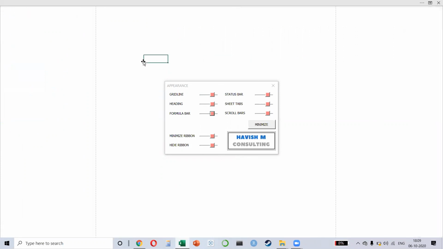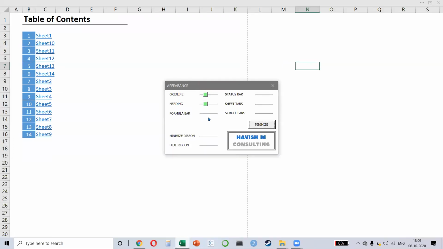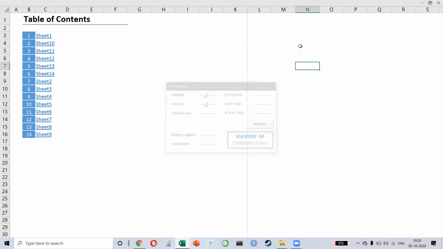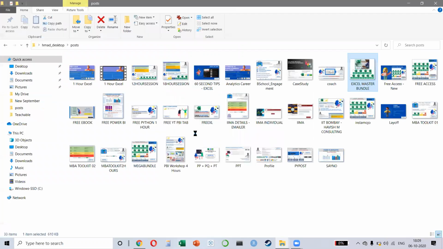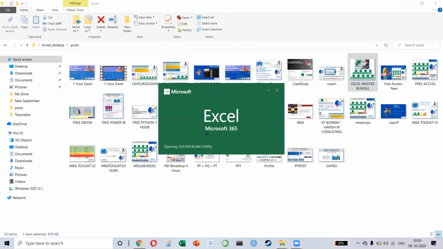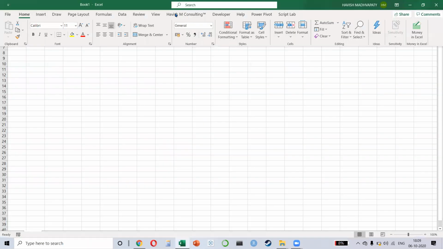This is almost like a slideshow, isn't it? And all these things are not possible using Excel commands. Basically you will have to use Visual Basic for all of this. Okay. Let me just bring everything back.